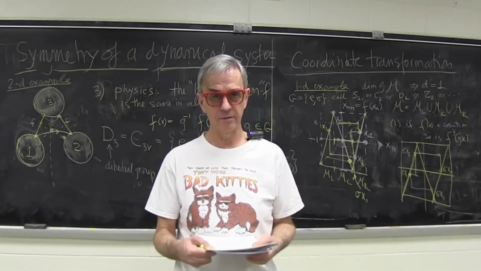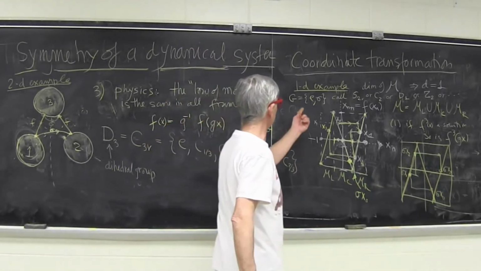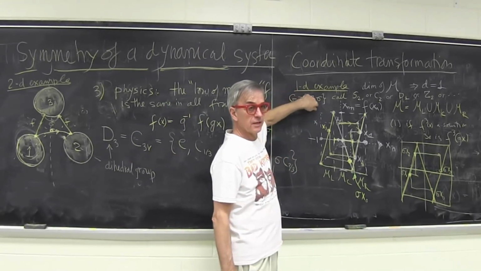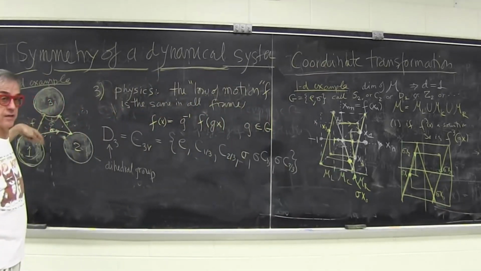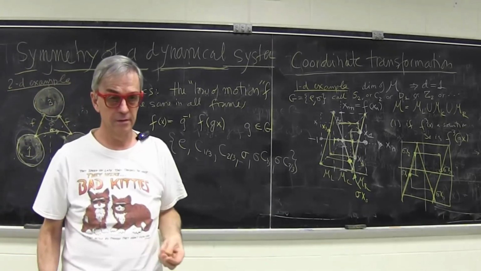If you have one solution, the group will generate all other solutions. Now, the group has only two elements. So the first is identity, and the second one is the flip. In this case, there could be 6. In general, there are 6 images of any generic trajectory. Here, there are only